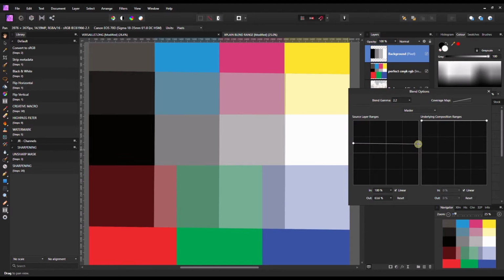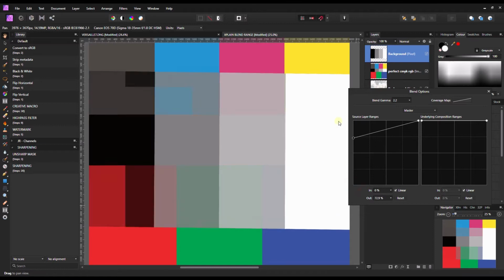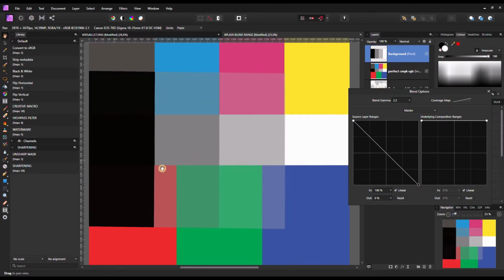Although what you can do, you can individually control which part of the photograph you want to disappear. In this case, you choose the dark or middle gray. So middle gray stayed 50% and the dark disappeared and the bright stayed. Or you can do vice versa. You can control the opacity of the white part, or the middle gray, and the dark remains the same.